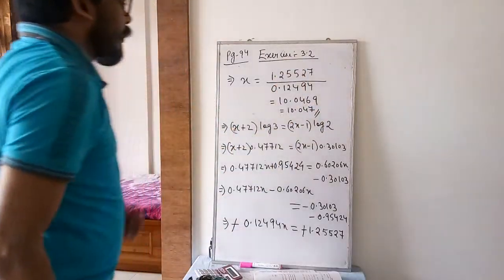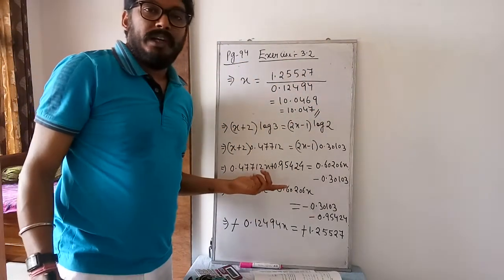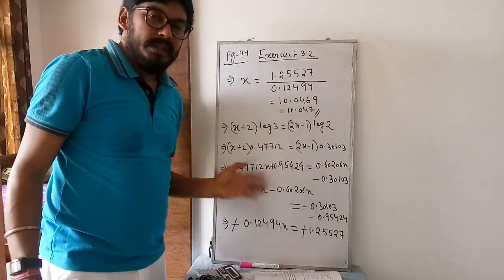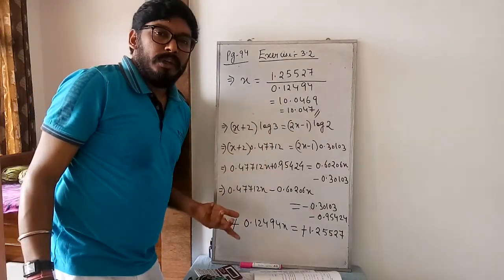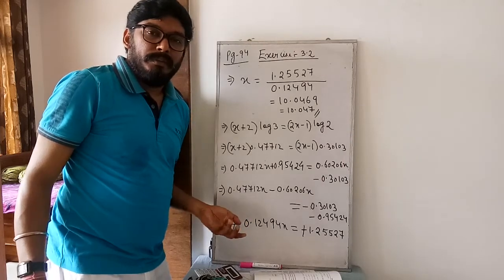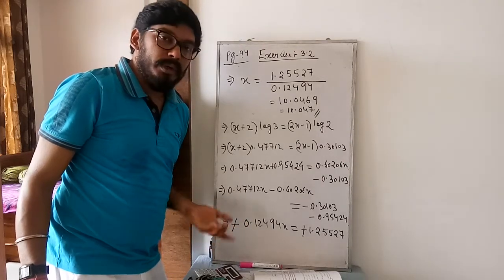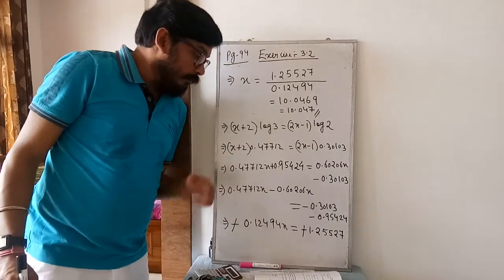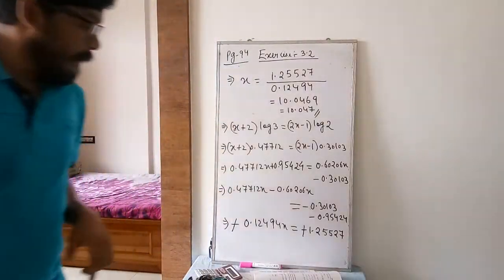Take the screenshot. Suppose while doing the sum, somewhere I have made a mistake. Here I understood that I have made a mistake. So please rectify by yourself. You don't have to ask permission from me, because answers are given in your book. You can easily get the final answer and rectify. So take the screenshot.